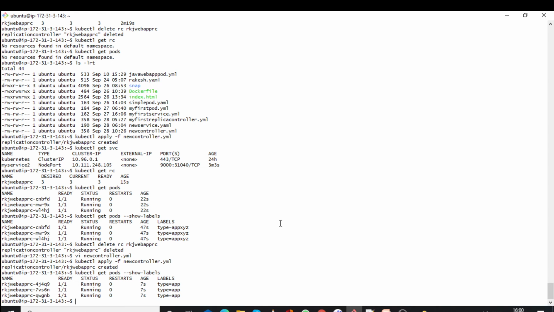So this is one thing. This is the main work of label. Then second point, what I want to tell you guys, is that the replication controller ensures that the number of pods should be the same at any time.